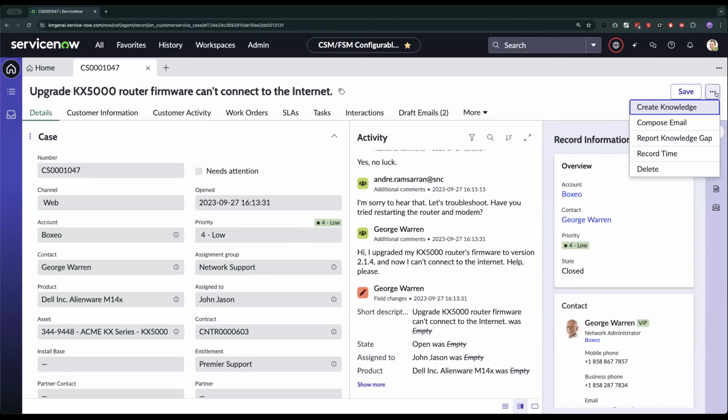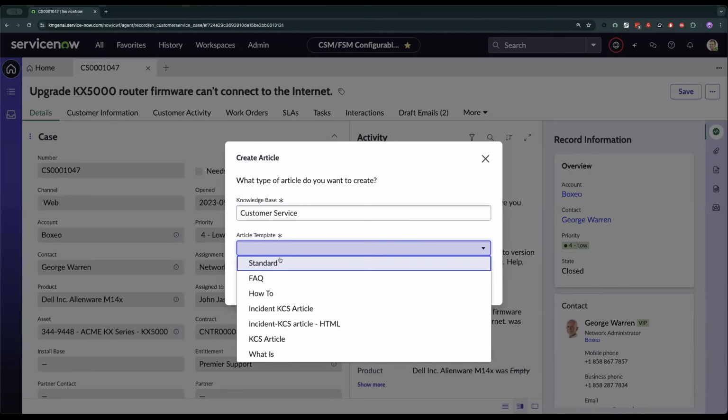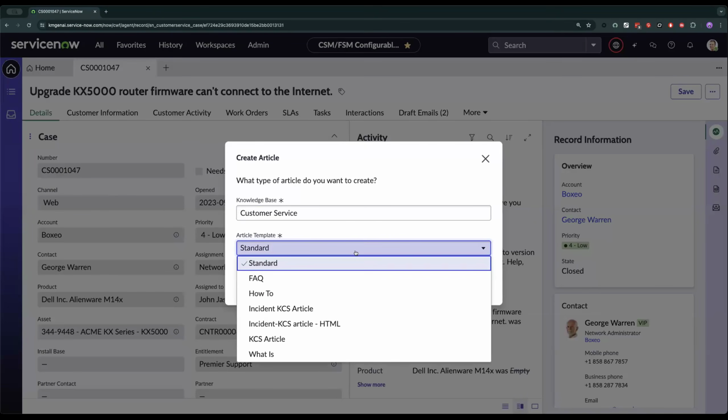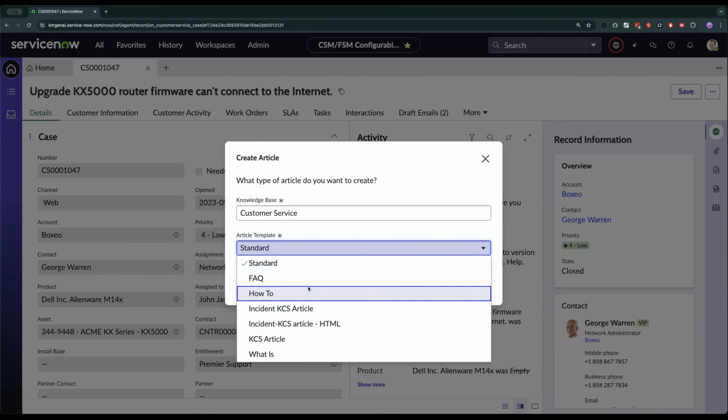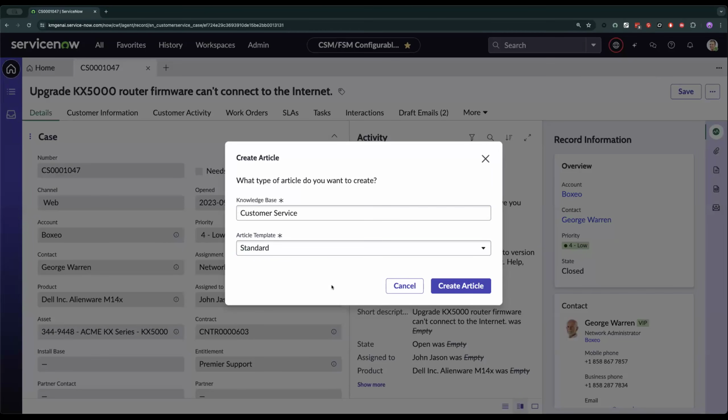And I'm going to do this in product. So this is the in product flow. You just saw the Now Assist panel flow. I'll show you that on an incident. But in product, I'll hit create knowledge. Same kind of thing. I can choose my knowledge base here. So that differs from the panel. And I can choose the template. Like I mentioned, it's either KCS or standard. So if you select one of these, it's going to default to standard on the back end. One important thing to note until we expand support. I'm going to hit create article.